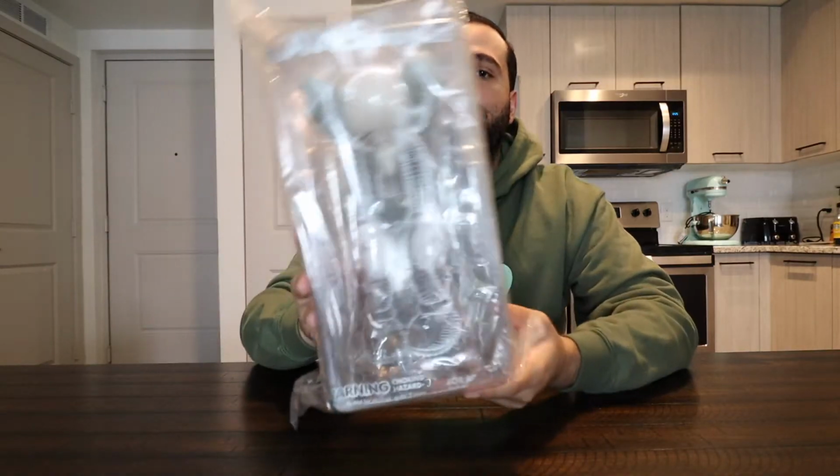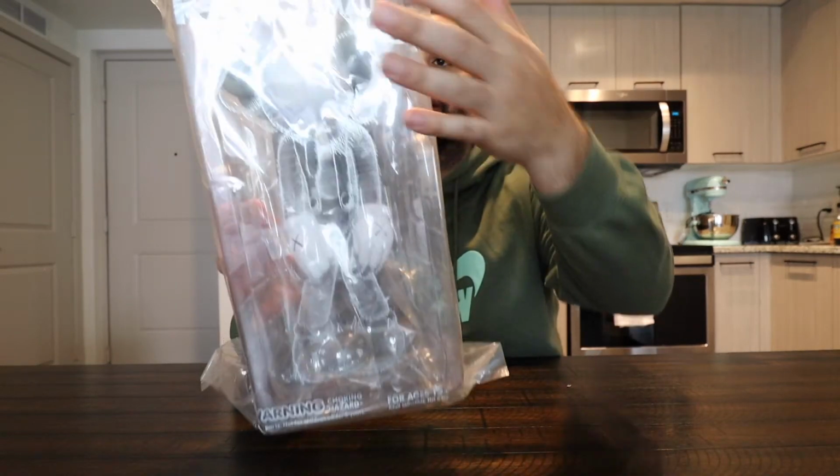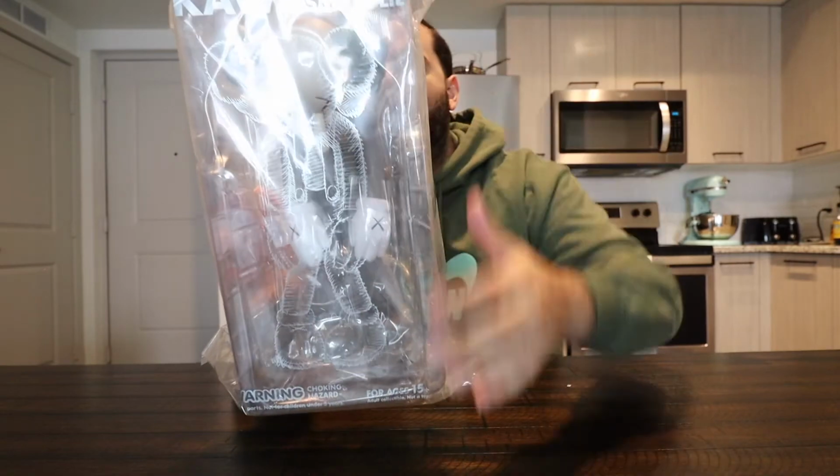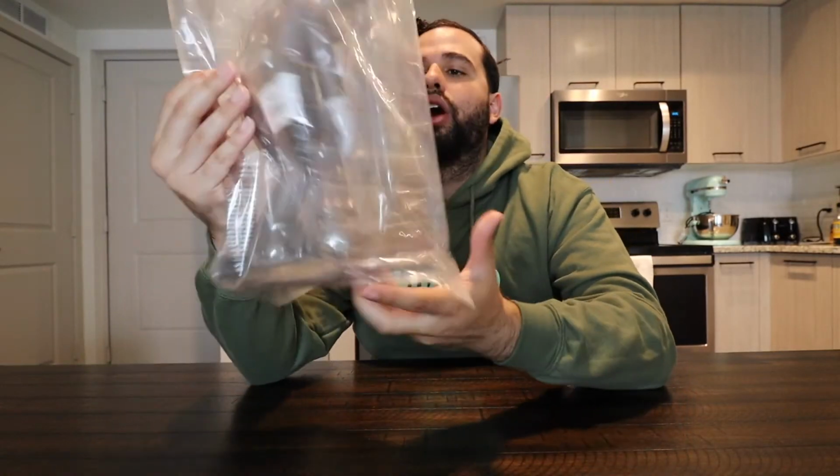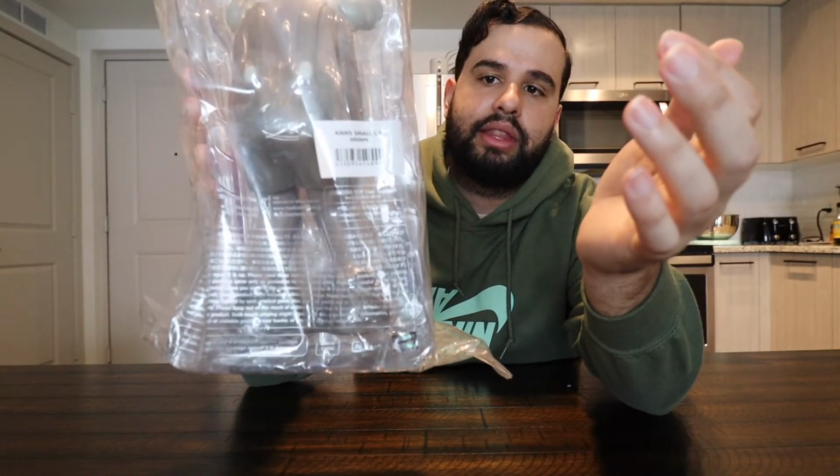So here's the packaging. It is in a clear bag. There is a picture on the outside that's not on the box. It's on the bag itself. It says KAWS Small Lies there. Here's a drawing of it. On the back side, it does have the barcode, which says KAWS Small Lies right there in brown colorway